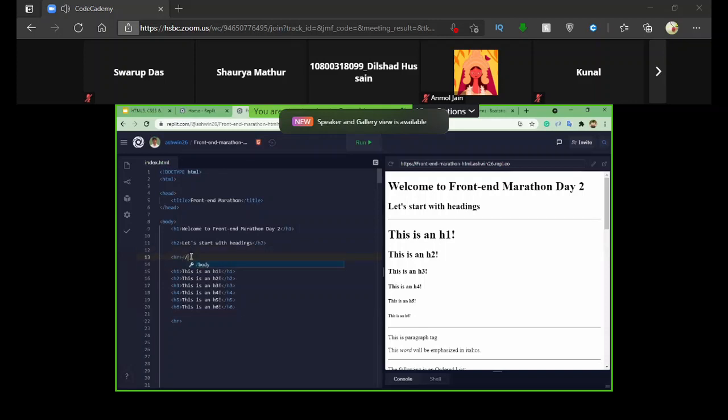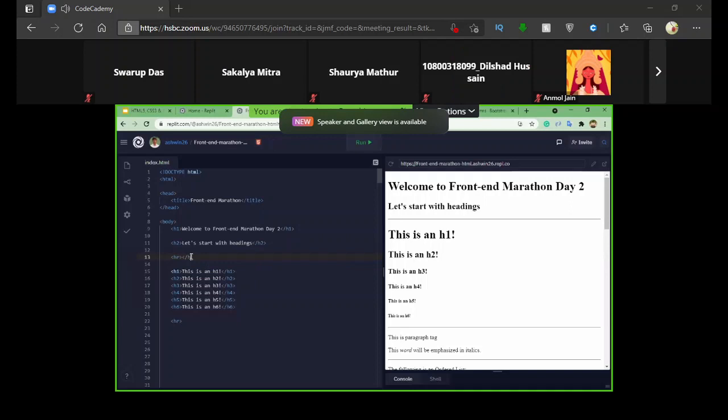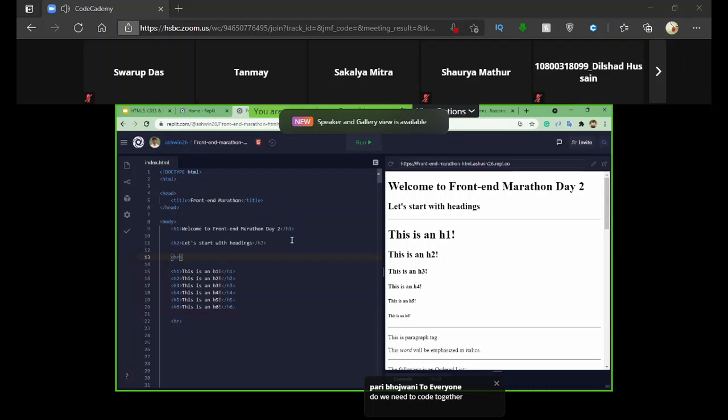We don't have to put a closing tag like this, because the HR tag is a self-closing tag. There are a couple of self-closing tags in HTML other than HR, so we'll look into that later as well. There are two lines over here, so for each line I have provided the HR tags.